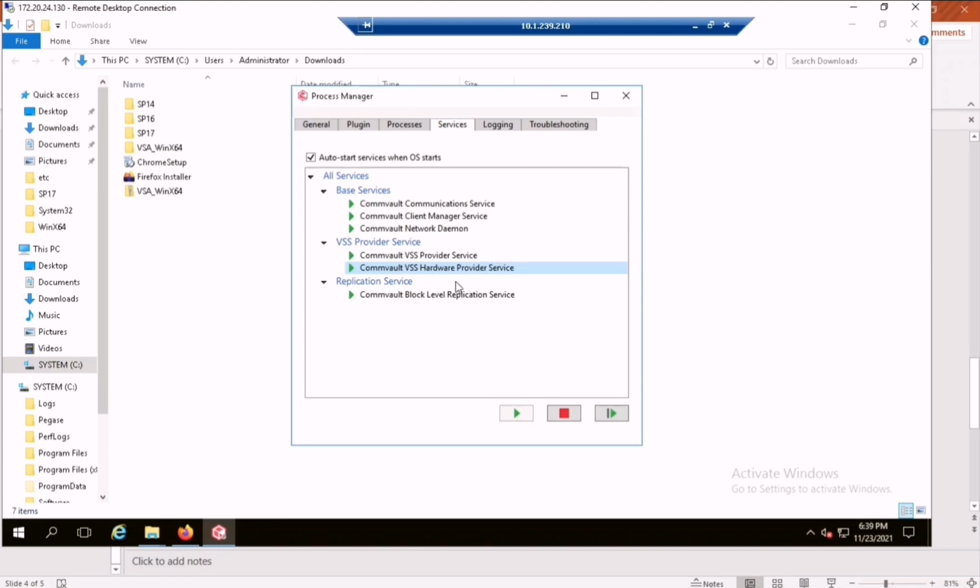The last replication service is actually responsible for the virtual server agent, and after installing this VSA or virtual server agent, it makes it an access node. So this is now communicating between the hypervisor and the fab environment. Make sure all the services are up and running, and if any of the services are not running, simply right click on that service and start it.